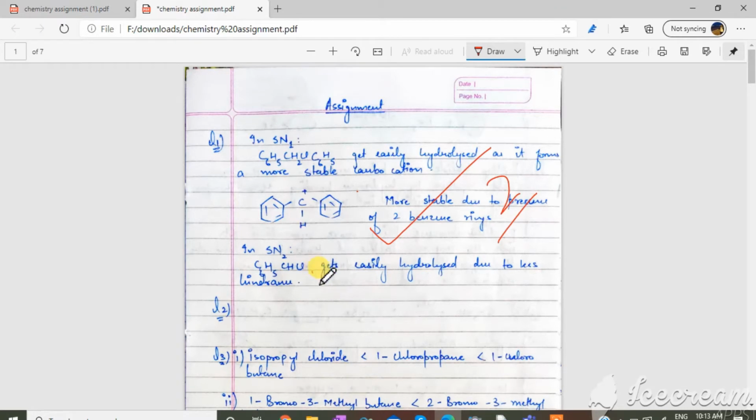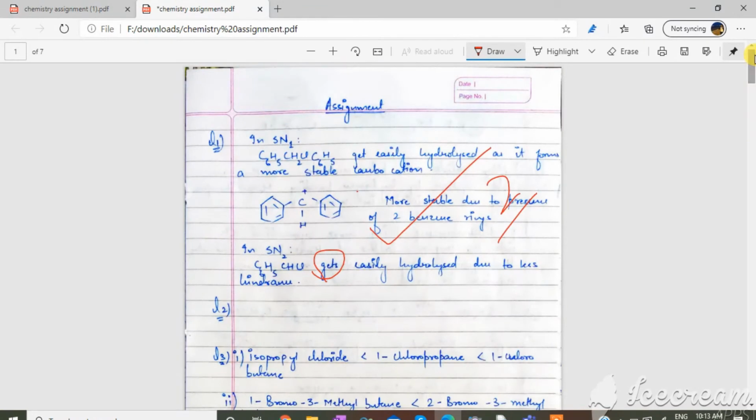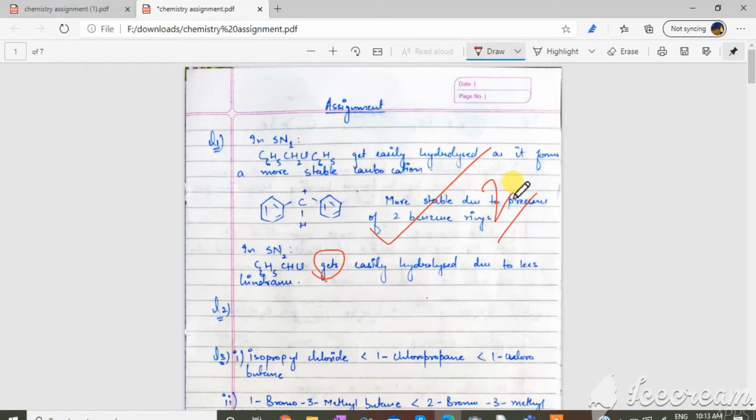You can also give remarks using this. We can use a mouse, we can also use a pen. Right now I'm using a mouse. Now once you have checked the entire document, the entire answer sheet, you can also save it. But before that, suppose if you have made a mistake, we can go to the erase option and erase the marks. Give the marks of your choice. Suppose I want to give 2.5 here, so I can give 2.5.